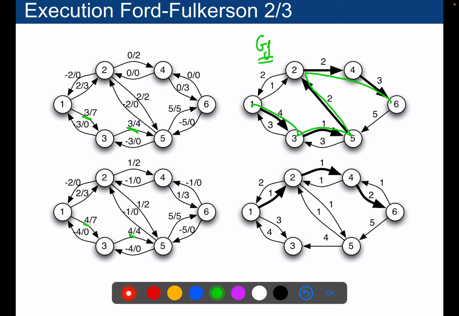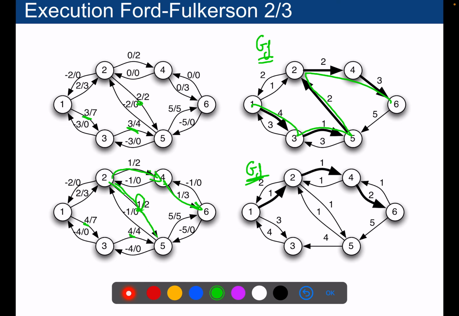And then you will cancel that unit of flow. You will cancel it because you will go in that direction, okay? You used to have 2, you cancel it by 1, and so now you have 1. Then you push that unit of flow in that direction, and you also push that unit of flow in that direction. Okay, so that's again the new residual graph.